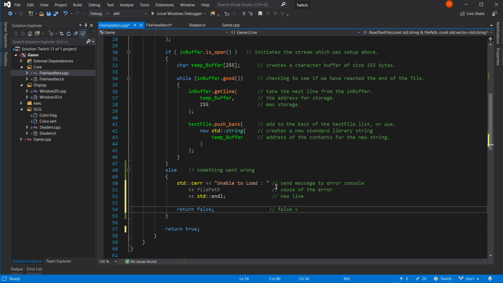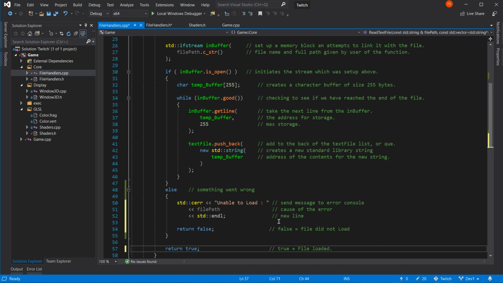False equals file did not load. And obviously true equals file loaded. Magic! That's a lot better than it was before. Excellent. I'm a lot happier with that.